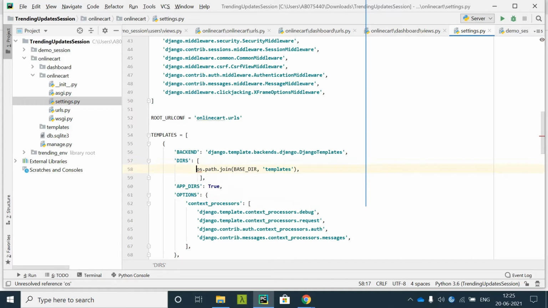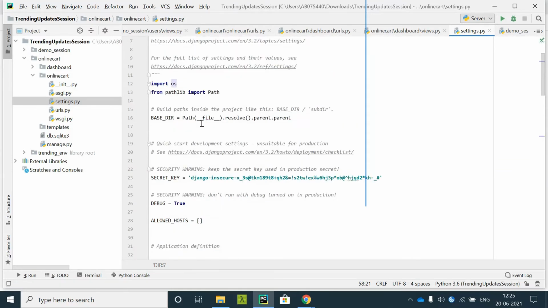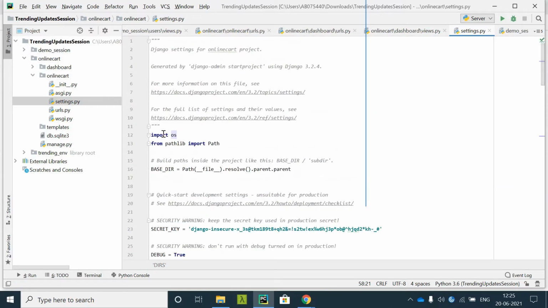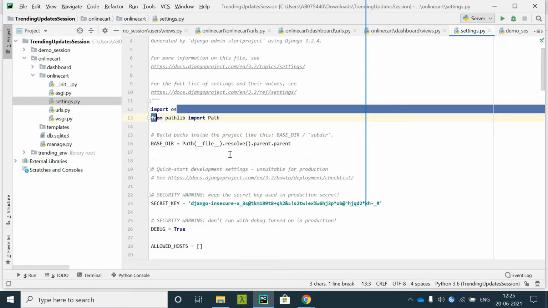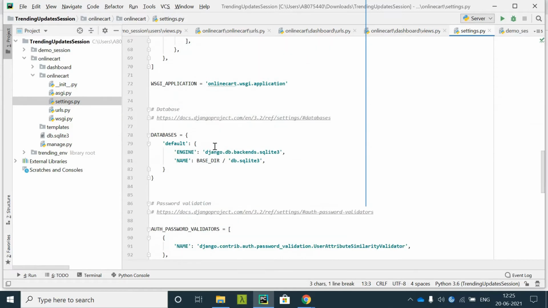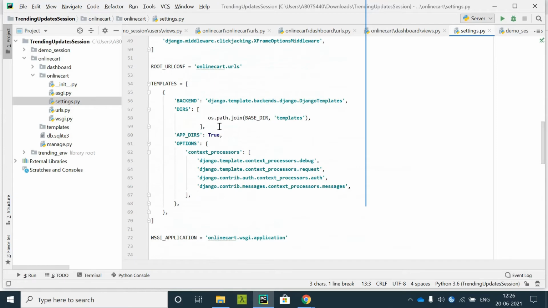Okay. Now you can see the red mark for this. PyCharm shows you like this so that you can import certain packages required for it. So import os, which will be imported. I just clicked on it and it got imported over here. Now you don't see any error message. So os.path.join, that means BASE_DIR.